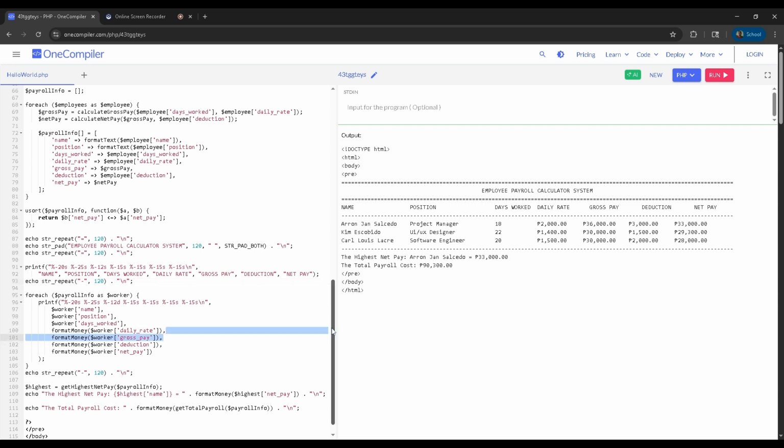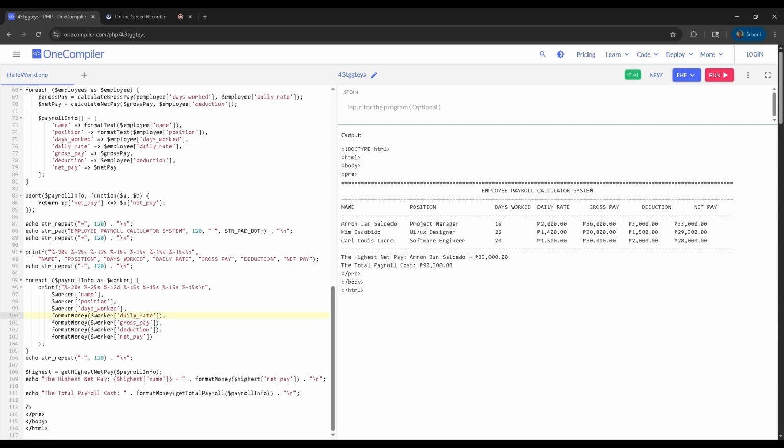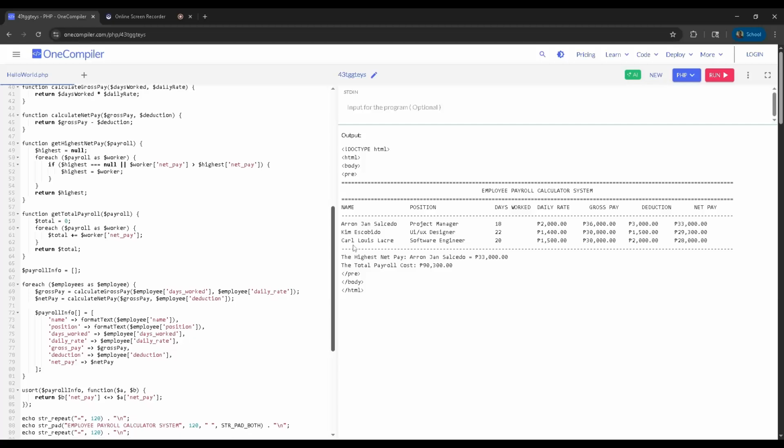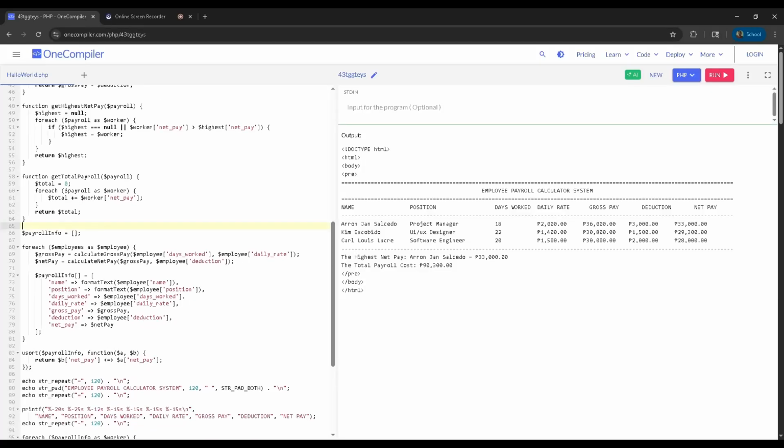Next, I'll be using foreach again for the payroll info as worker. So the payroll info works as worker. So printf again for the spaces, and it will pass here our function, or our payroll info array container.